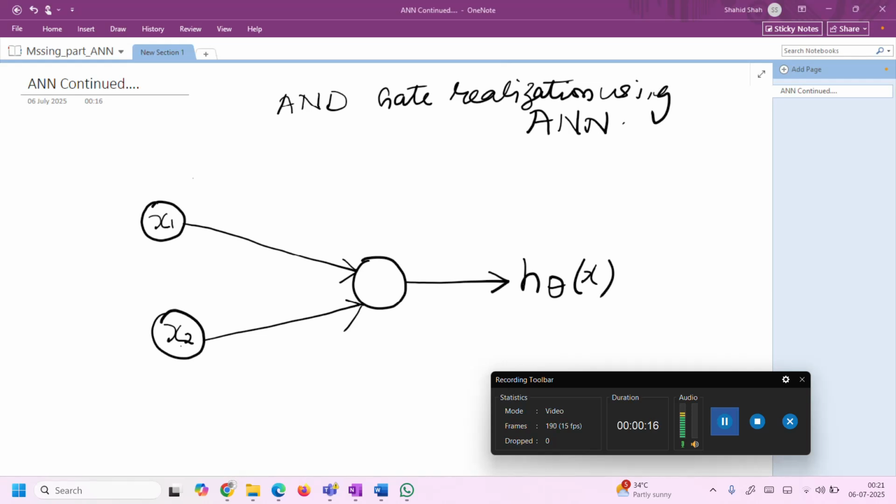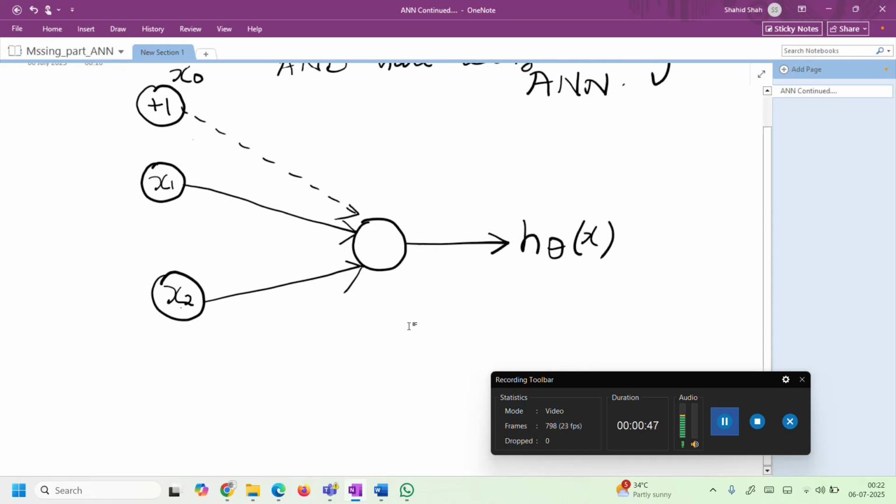So we want to realize an AND gate using a neural network. A simple AND gate has two inputs. We denote them by x1, x2, and there will be an output, and we also will have a bias input, so basically +1, so this is actually x0. So this will also be treated as an input. It has been discussed in detail during linear regression why we represent this bias input as a separate x0. Anyways,